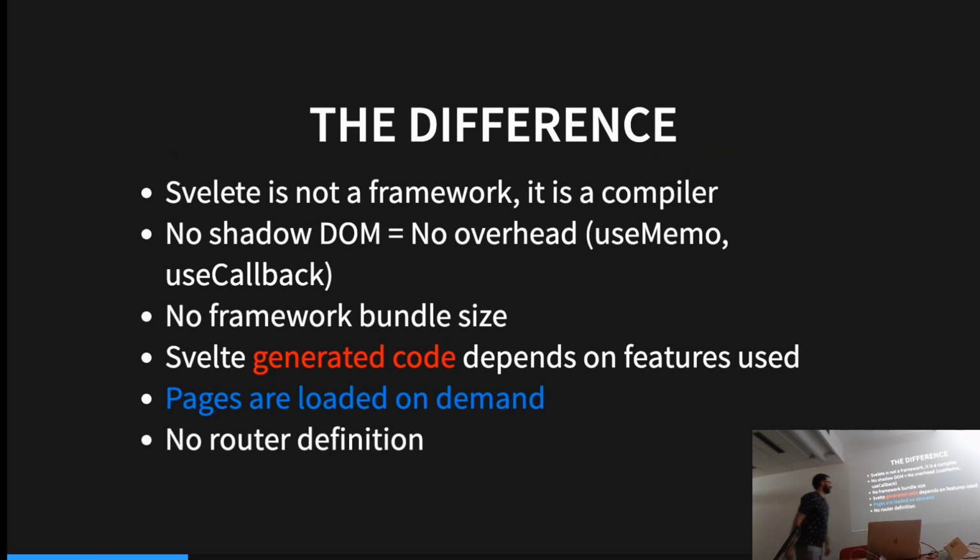You have actually, I said that it has its own router, but actually you don't have router definition as we know it from the frameworks. When you decide in a code that you tell when you enter this URL with this dynamic part, you go somewhere. It's only done by how you put your files in the folder structure.